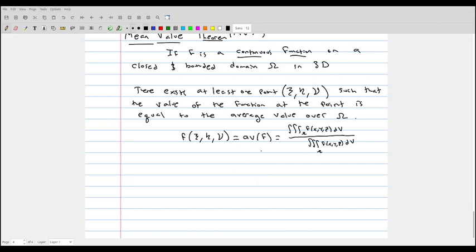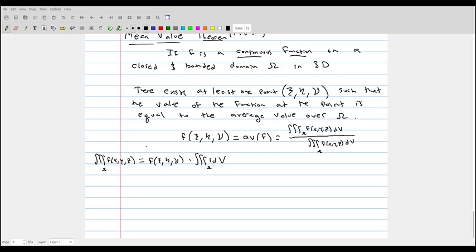And this, again, just like before, allows us to rewrite this as the triple integral over a region, which will always be equal to the function at this point, or points, times the volume of the region. This equality is saying this expression is the same thing as this expression, and because the region omega is assumed to be a closed